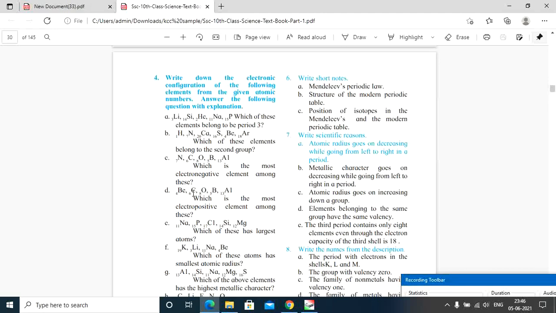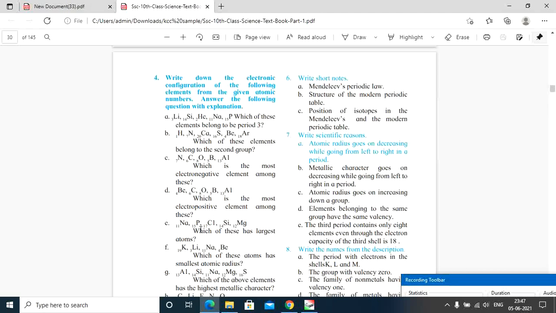So when we were asked in the above question about electropositivity and electronegativity, towards the right, what we find is, if you remember, that metallic character decreases and non-metallic character increases. So non-metallic increases, so that's why here it was oxygen. And for beryllium, carbon, oxygen, what they have asked is electropositive. Beryllium is 2,2, carbon 2,4. Oxygen is towards non-metal. So beryllium, boron, where will this go? Towards non-metal. So aluminium, what will this be? Electropositive.